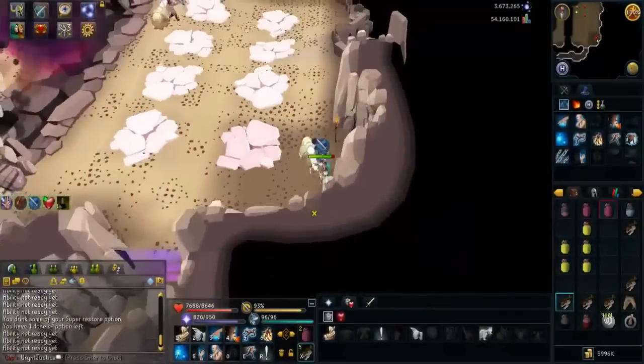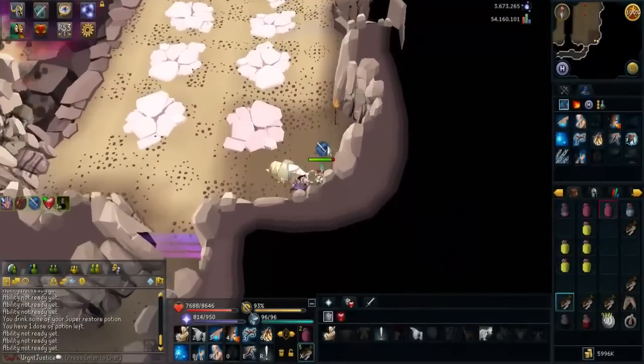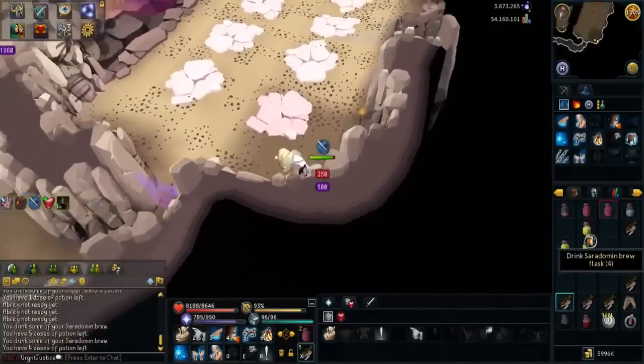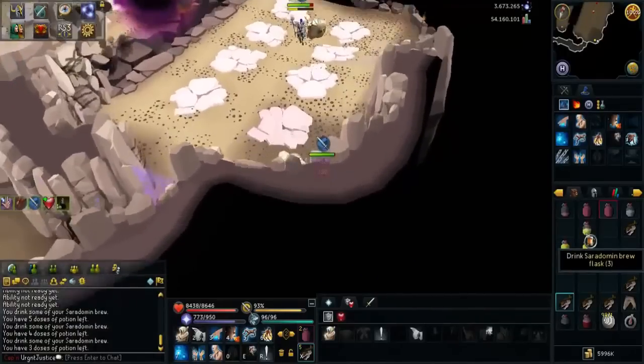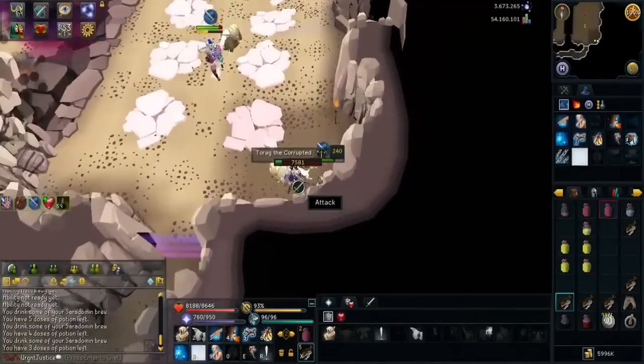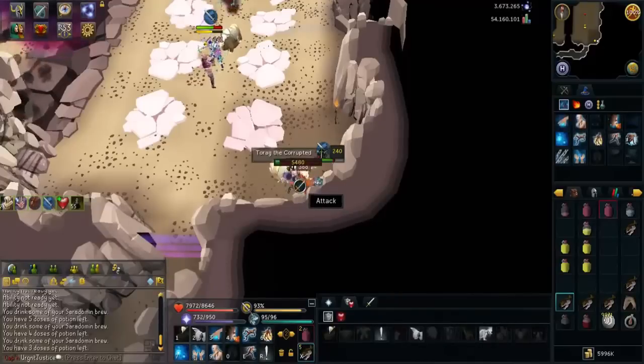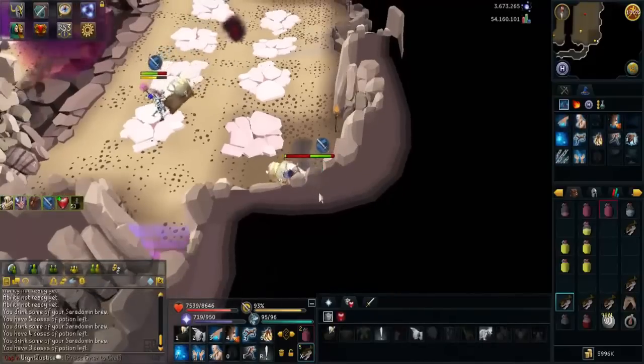Okay, so now on to the third special ability, probably one of the most annoying abilities, to be honest, in the entire Barrows collection of abilities. Torag will pummel you into the ground, as you can see here, and this is a very dangerous moment for you and your team, and is why at all times possible you need to try and